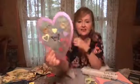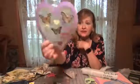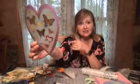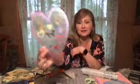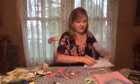As you can see there, it's got all this decoration in it, a little bit of glitter, and it's a framed heart. So then, like I said, the thing I really like about it too is that from both sides, when you're sitting in the room that you put them up, they still look nice from this side as much as they do from when you're walking by. And I'll just show you a few of the